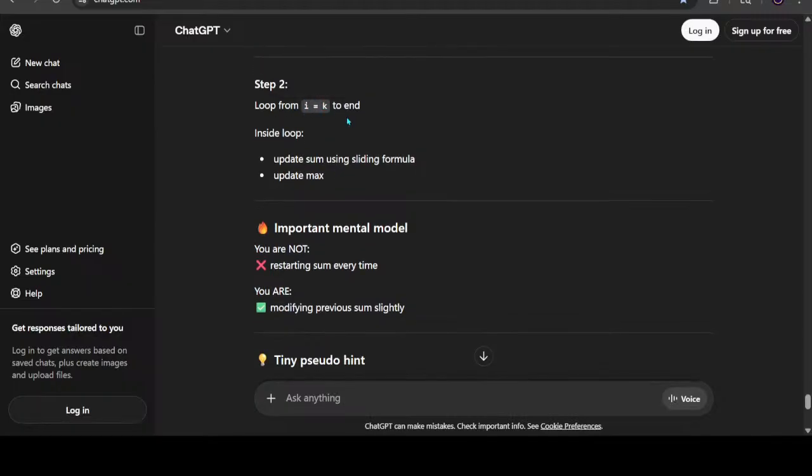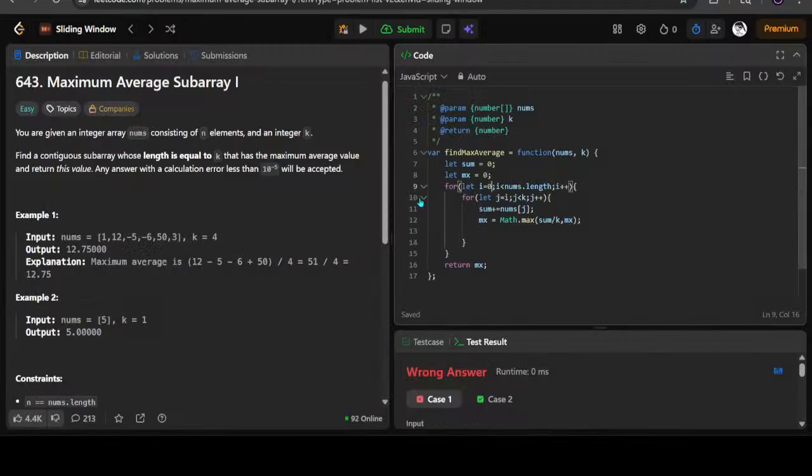Loop from i equals k to n. What? Are you telling me I don't even need this thing then? So I need to loop till k, and my sum will be